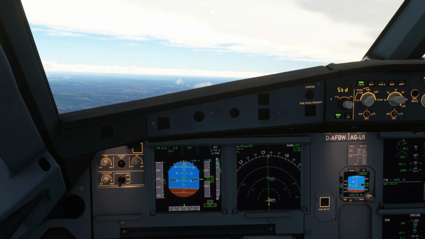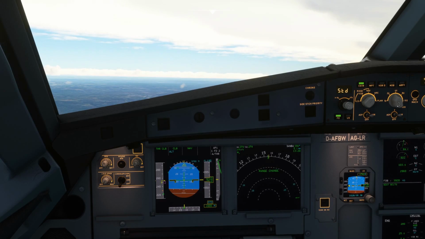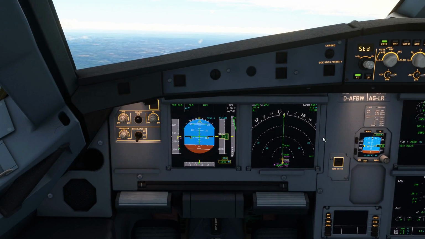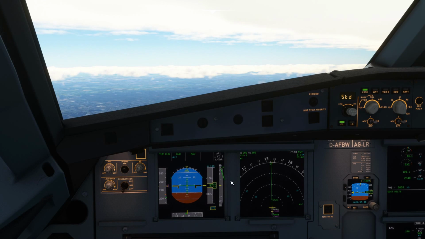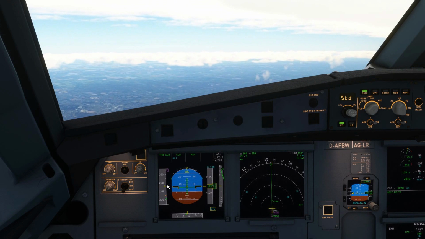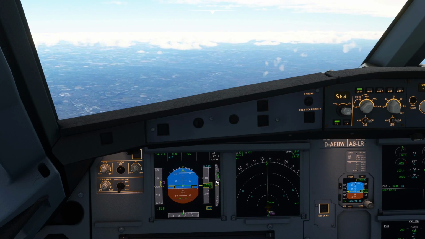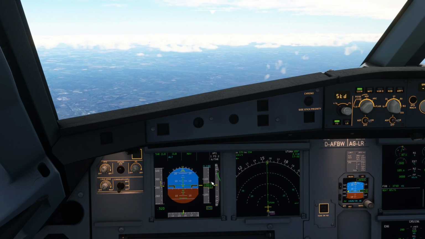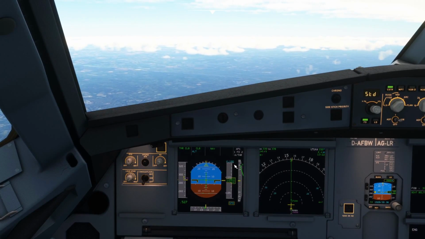There we can set standard on the baro. As you can see, we're about to come up through 10,000 feet, and what will happen is the aircraft will decrease its pitch. There it pitches nose down in order to increase the speed. Now that we are reaching managed speed, the climb rate will increase once again to continue to our selected flight